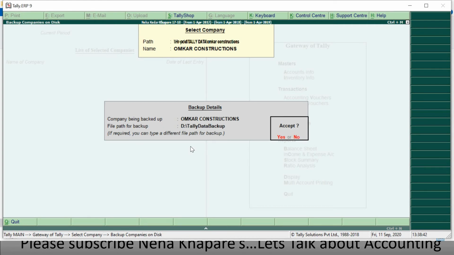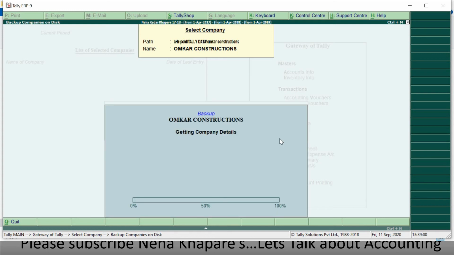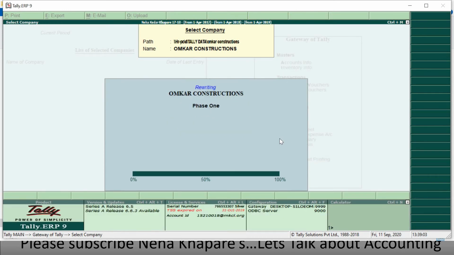If I say yes, then they are again asking me whether I want to back up my details. Again I have to say yes. As I told you earlier, with this rewriting procedure your data may get corrupt, so it is very necessary for you to back up the details. After I say yes, my rewriting procedure will go on.